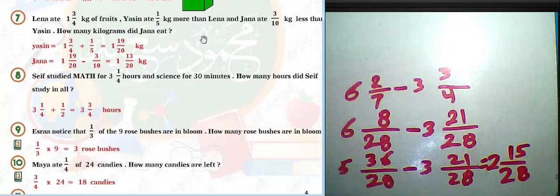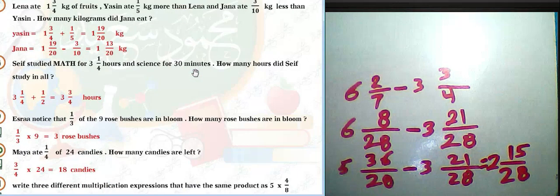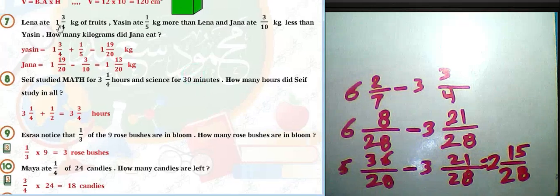Question number 7. Lena ate 1 and 3 over 4 kilograms of fruits. Yasin ate 1 over 5 kilogram more than Lena, and Jana ate 3 over 10 kilogram less than Yasin. How many kilograms did Jana eat? We can find 1 and 3 over 4 plus 1 over 5, and subtract 3